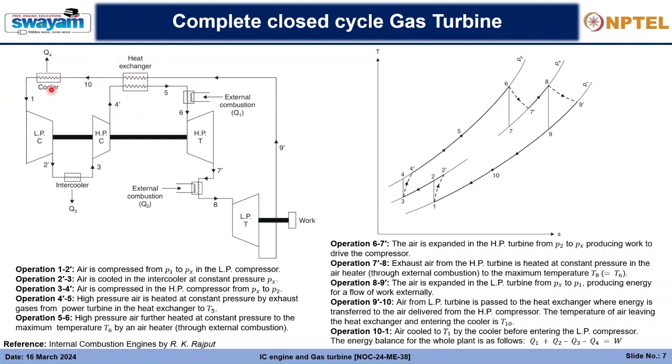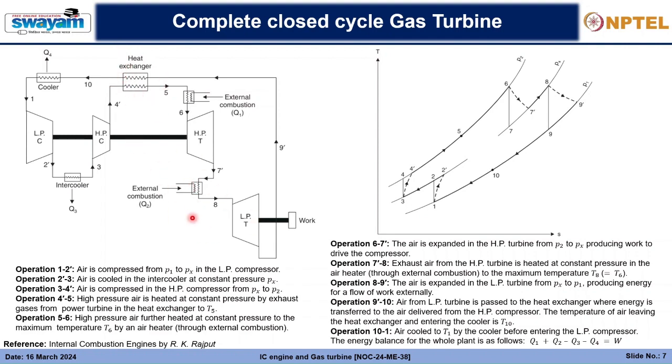And finally, the entire air is cooled by a particular cooler, and the system again resumes its initial starting point at point 1. So that is the complete process of the closed cycle gas turbine. In that way we can utilize all the concepts of intercooler, regeneration cycle, reheater, everything,